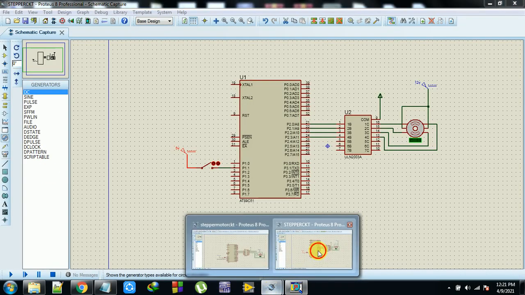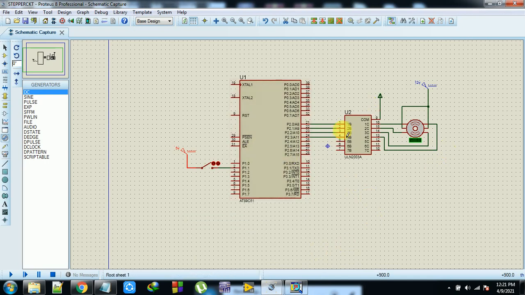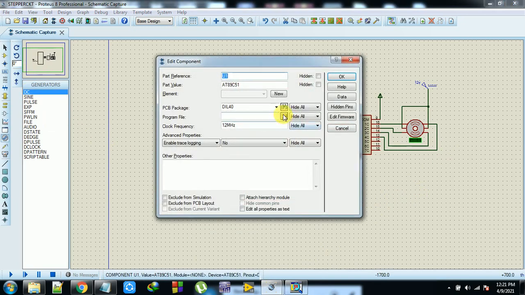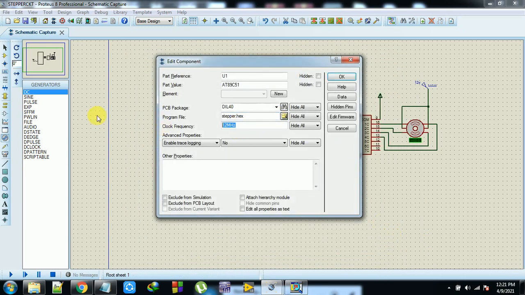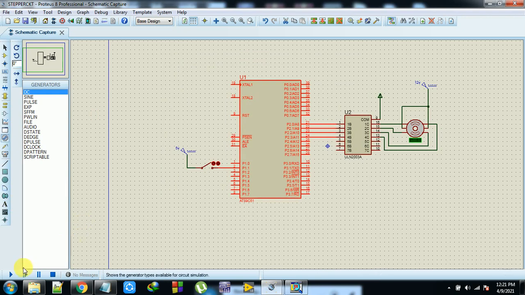Once creation of the X file is done, then this is the thing what we have. Okay, now double click on this thing. Stepper is the X file, and this is 11.0592 megahertz. Okay, so run this thing.